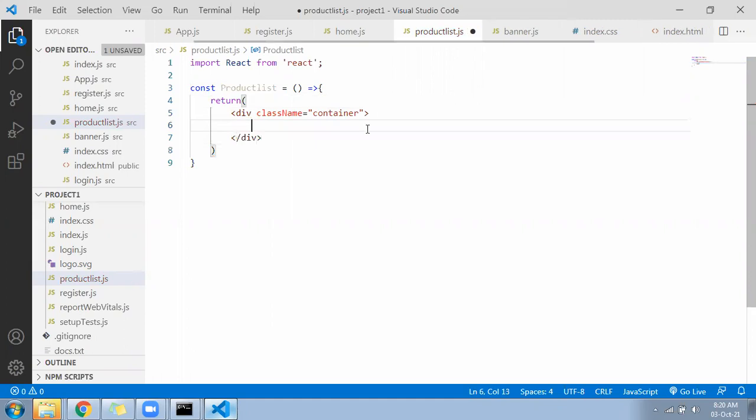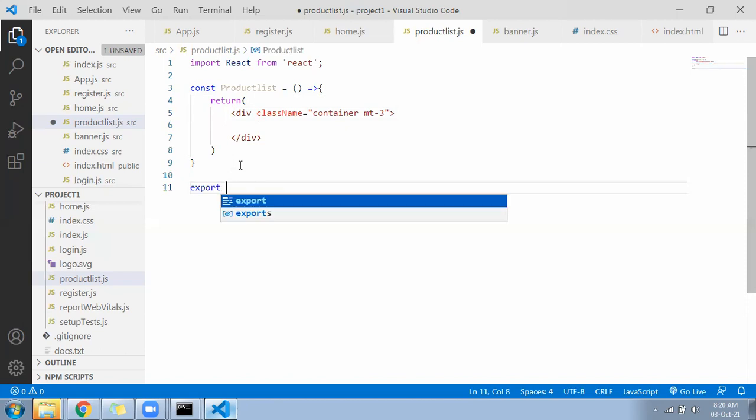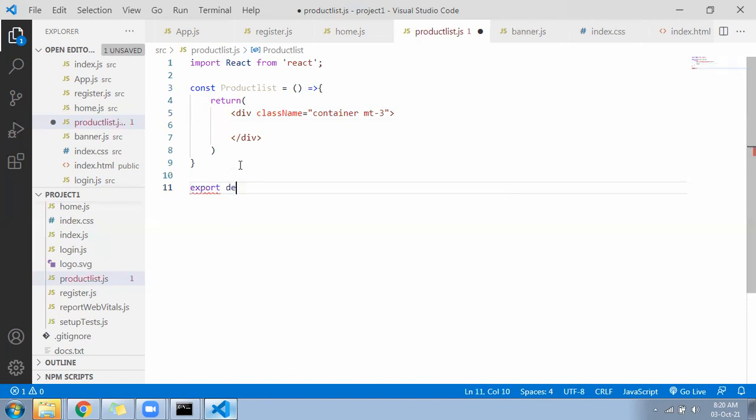Empty, you can write something here. Empty, some space will be there from the top. Export default ProductList.